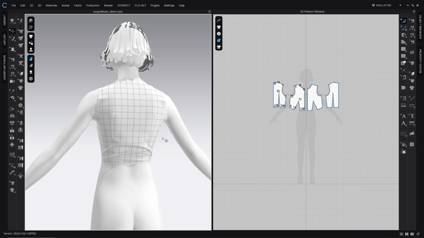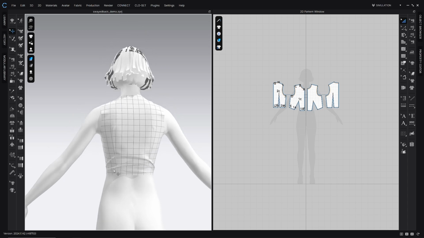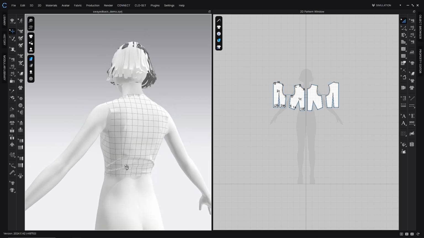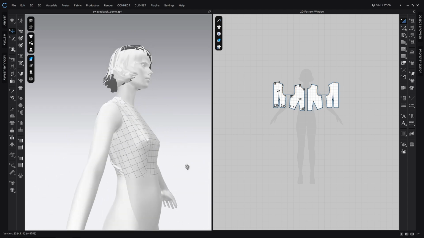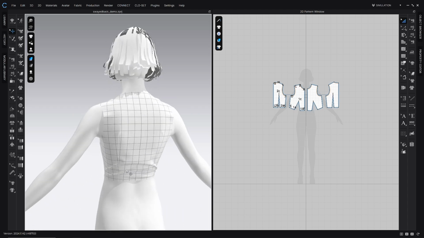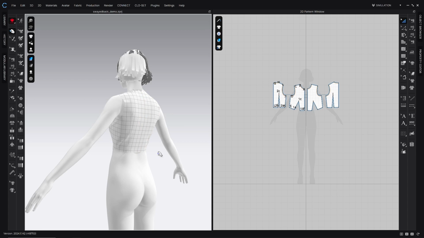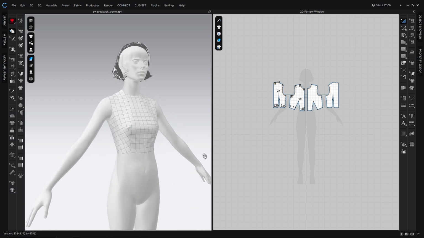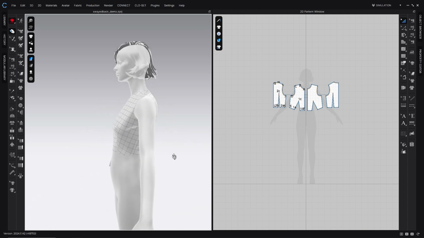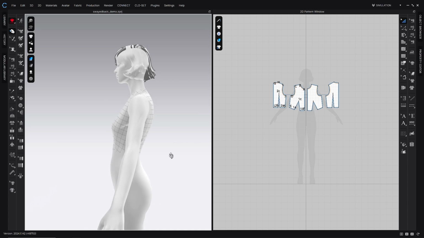In this video, we will learn how to address the fit issues of a bodice with horizontal fold lines bunching across the lower back and a slightly raised front waistline. Let's get started. All right, so right away, you might not notice many issues other than if you look from